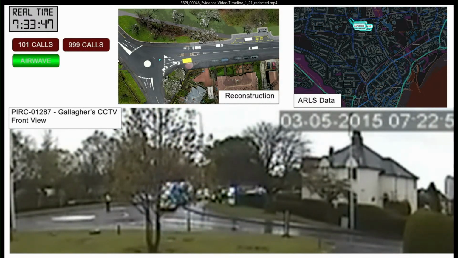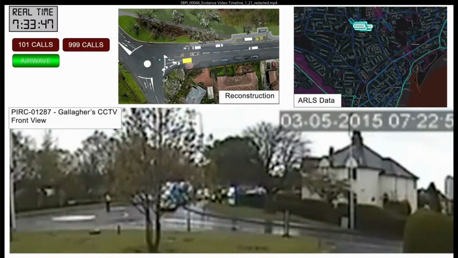Thank you. Can we pause it there, please? And that's the yellow block on the reconstruction. We can all see that. And at the bottom, we saw a vehicle arriving on the CCTV. Yes. Thank you. And then if we could play just the next few seconds, we will hear an airwave that's